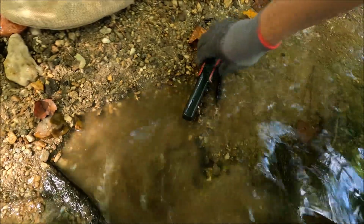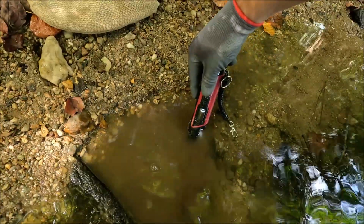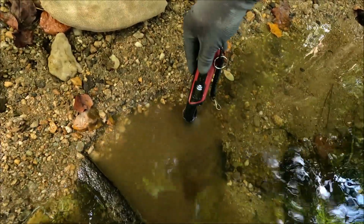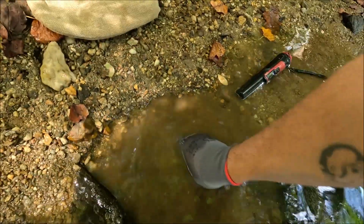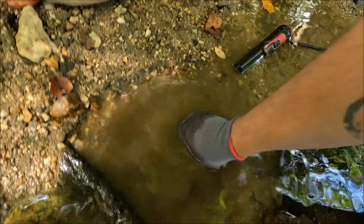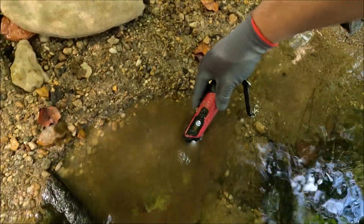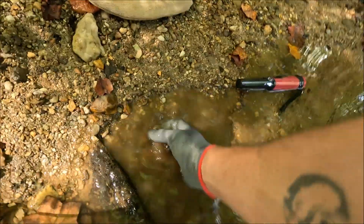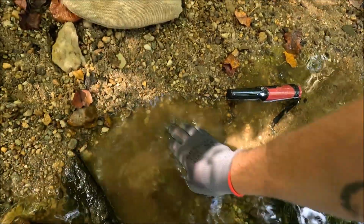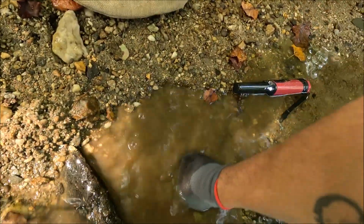Some of the things I have found in these creeks where the wagons crossed have been, of course, if you've been there, rings, pocket watch, there it is, pocket watch, many mercury dimes, and